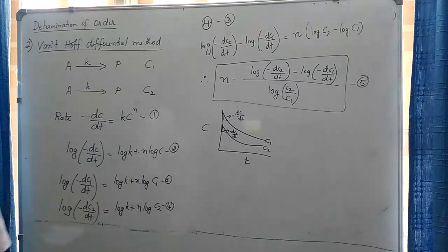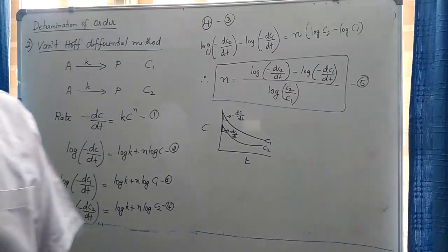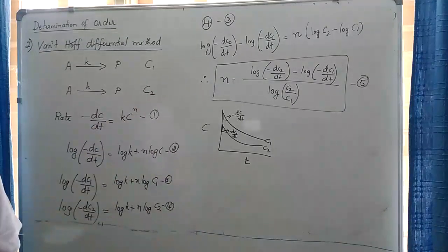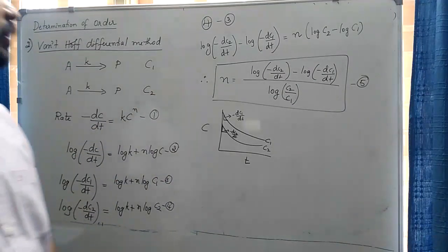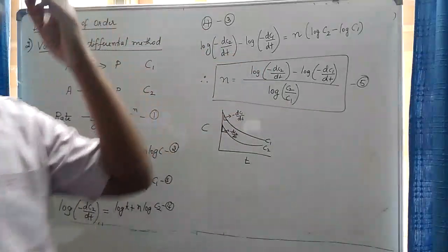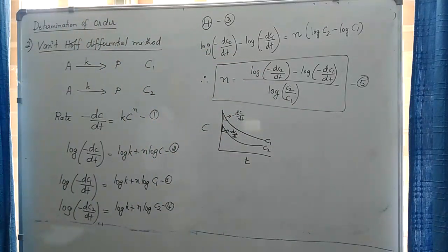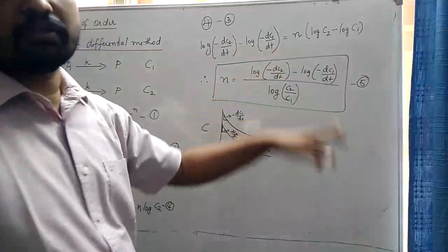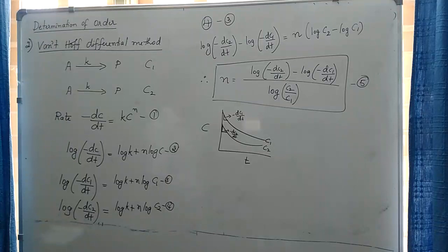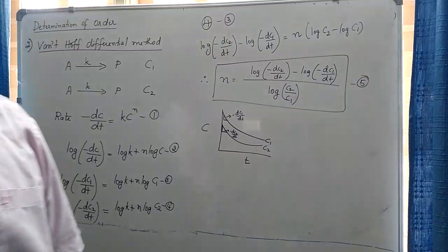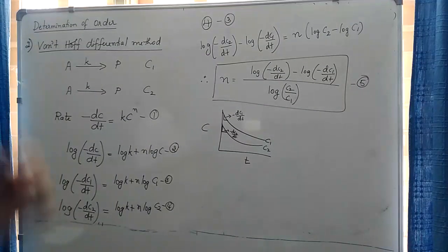Because in the general differential method, to find the order you have to plot a graph, and you require at least 4 or 5 data sets to plot it. But in this method, which is a numerical method, you need not require too much data. You just measure the initial rates of the reaction, and by using this you can easily find the order. So you require only 2 rates and 2 concentrations, whereas in the previous method you require 5 different rates and 5 different concentrations. So the advantage of this method is that it is less laborious.